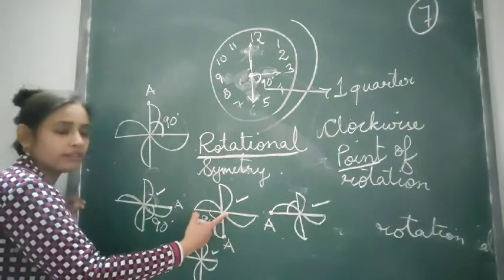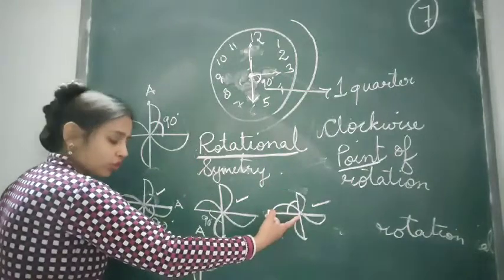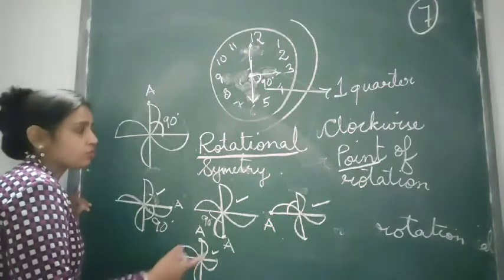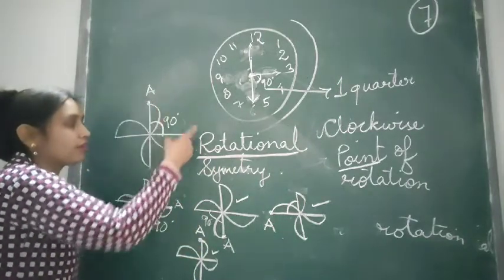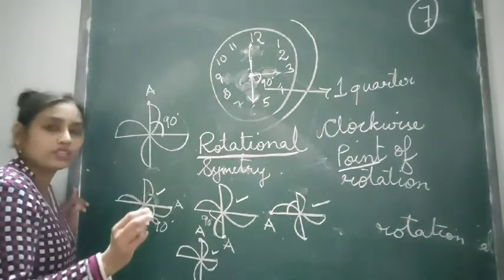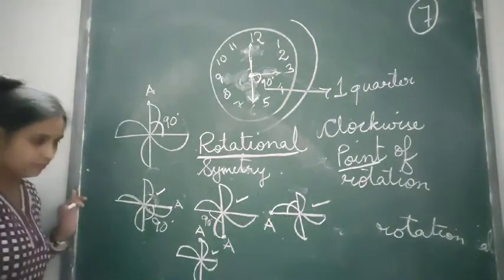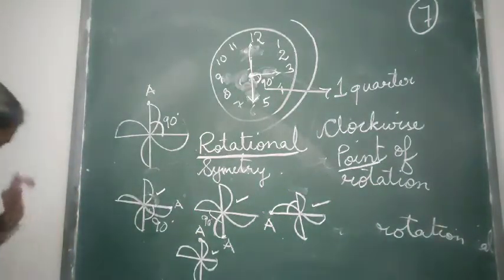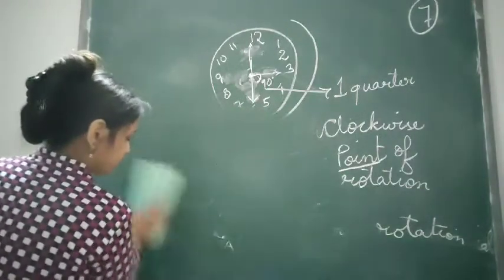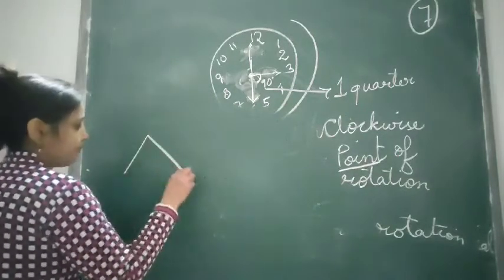Then again we rotated here. Second order, third order, rotated here, fourth order. So in 4 orders, we got the rotational symmetry of a windmill. So the windmill has a rotational symmetry of how many orders? 4 orders. Okay. Talking about the next example. Let's take another example, children.